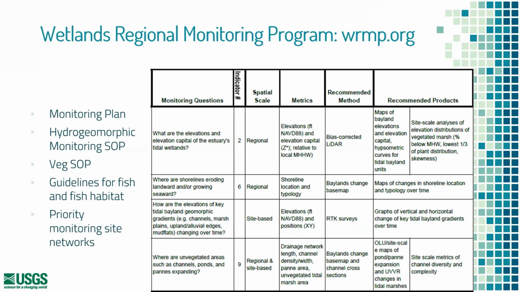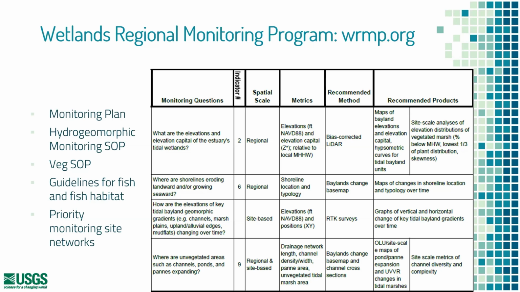I am a fan of matrix ways of presenting information, and I love how you design something in terms of your monitoring question, like what are we interested in looking at, and then design the monitoring plan around that. I felt like this site has a really good way of presenting the questions. Also, what kind of spatial scale is this method applicable for, and what kind of metrics come out of that. And then there's a recommended method. And so I think if you dive deeper into this website, you'll find different SOPs for